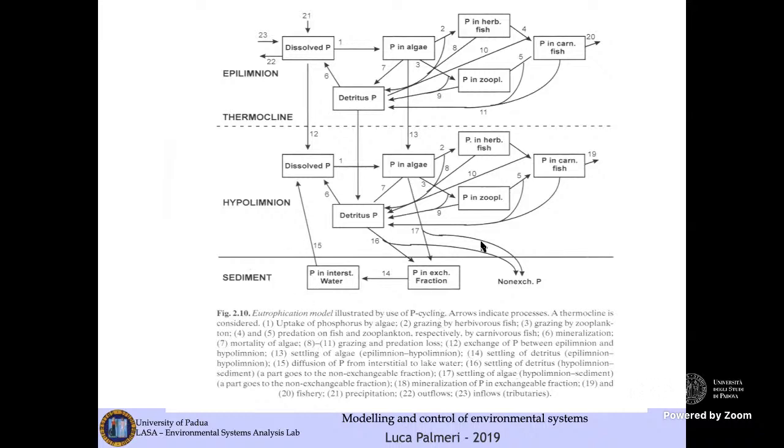Then I may be quite detailed in this kind of listing of processes. For example, I may also include processes like process 14, that is exchange of phosphorus